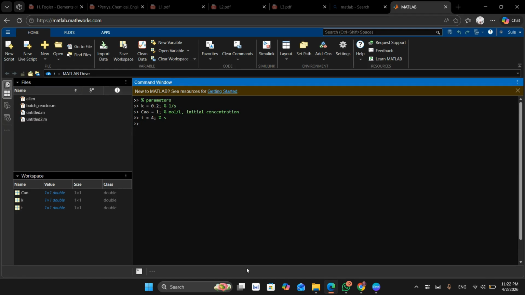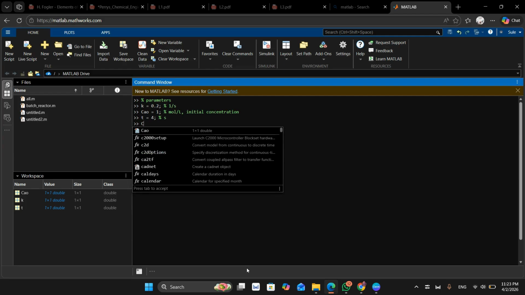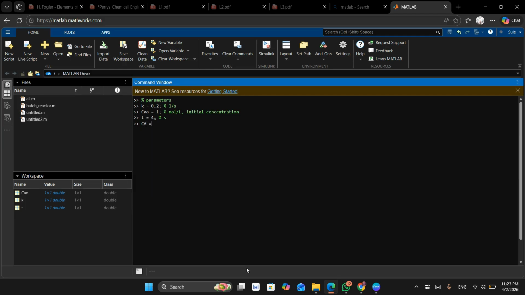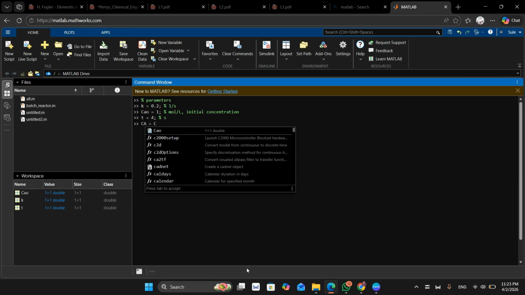where we know for a batch reactor there's no input, there's no output. The accumulation is equal to the consumption. Because A is being consumed, we know that this kind of equation is an exponential equation. So I'll say CA is equal to CA naught,